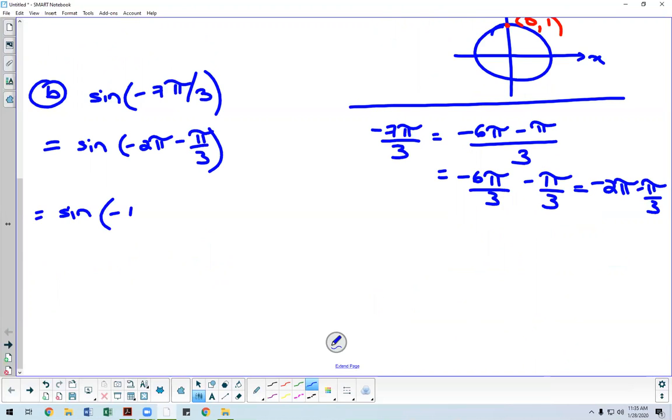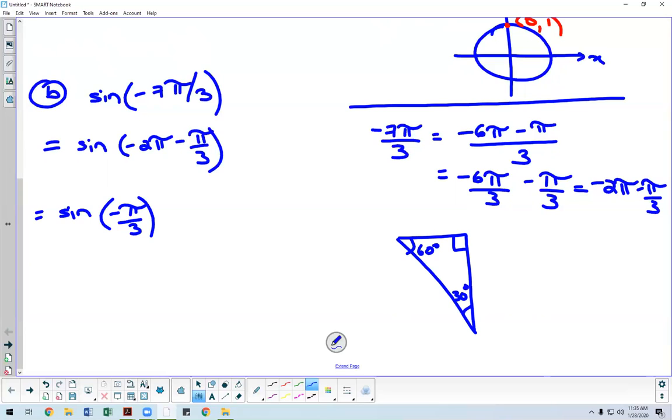So again, just looking at that negative pi over 3, what is it going to be? Do you know what angle is negative, or just pi over 3 for that matter? 60 degrees, right? If you don't remember, we talked about this last time, you can use that 30, 60, 90 degree triangle to help us out with the value of 60 degrees. And I guess this guy is our 30,